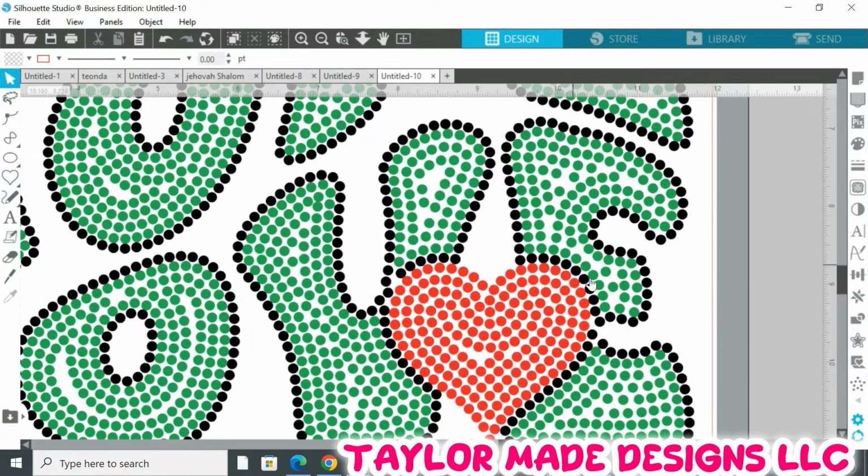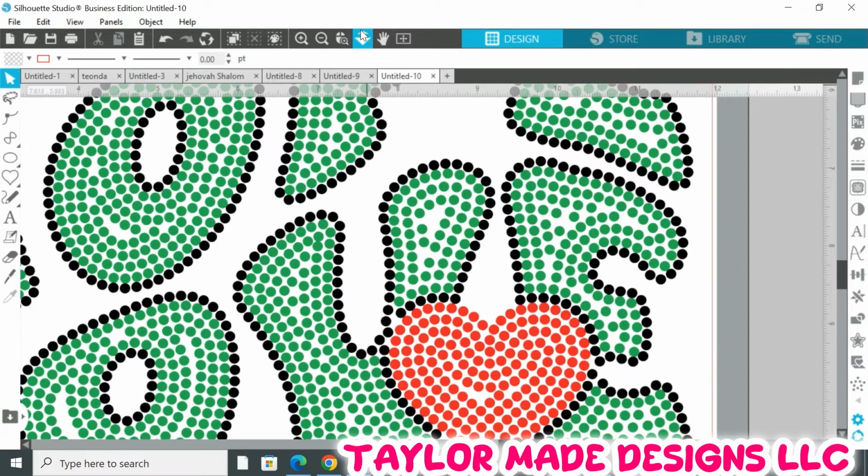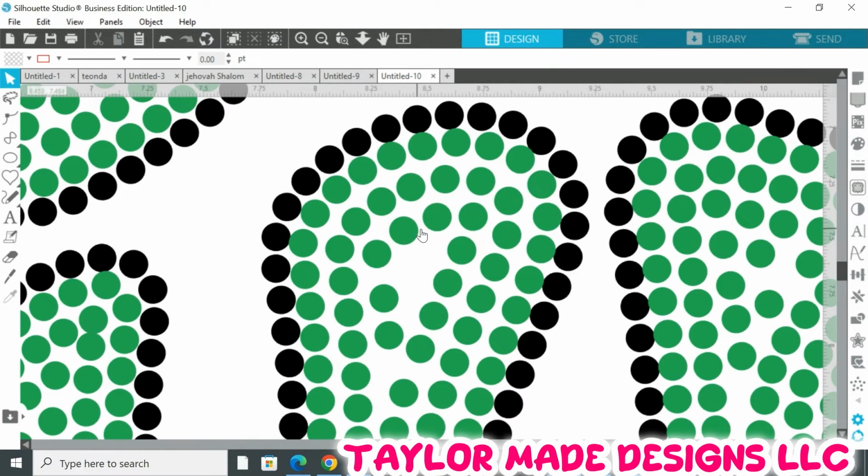You could just leave it like this if you want, but I just like changing these into a different color. So let me zoom up. What you could do is copy a stone